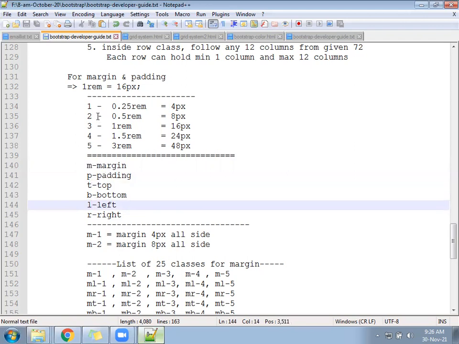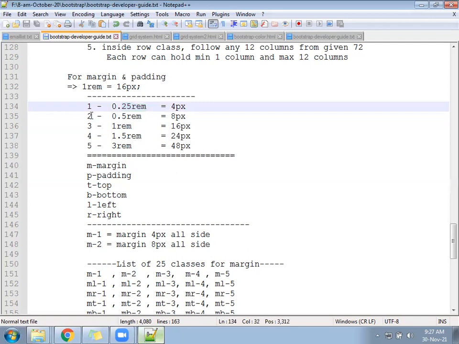Another one. One REM equals 16 pixels. So in Bootstrap, in many places the measurement is on the basis of REM. When we write 1, it represents 0.25, that is 4 pixels.